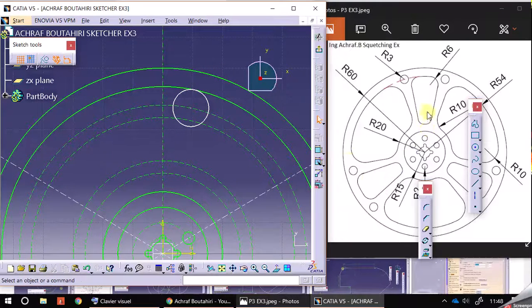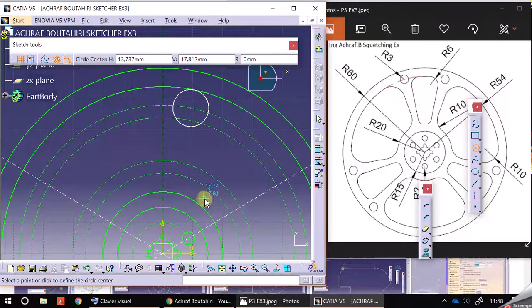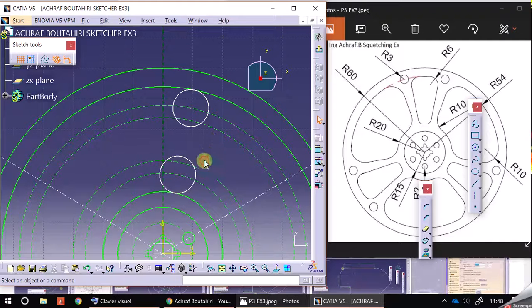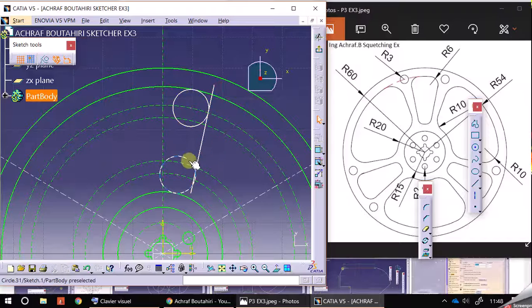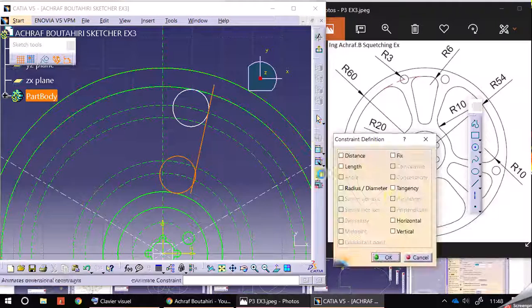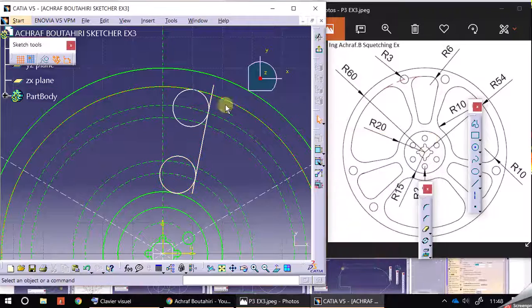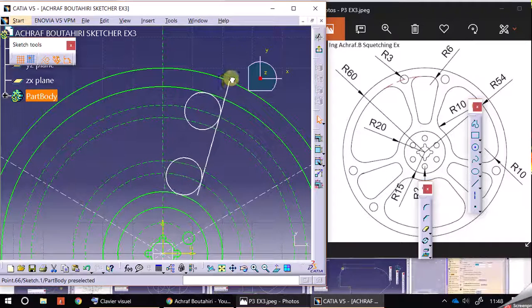And I need also another circle on this circle, okay, like this. Okay, and I need to say that I need a segment here, okay, and I need the tangency between these two elements here, like this. And here I can move this part like this, but